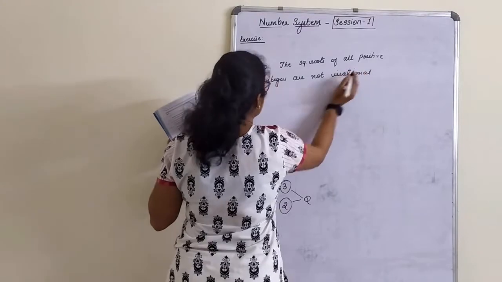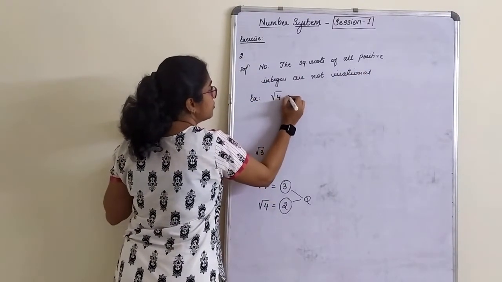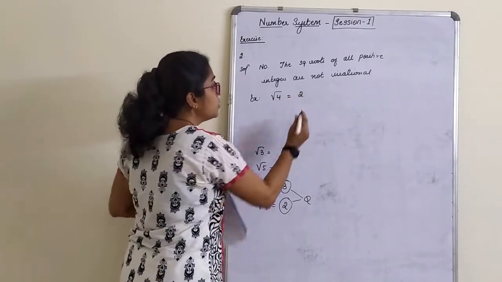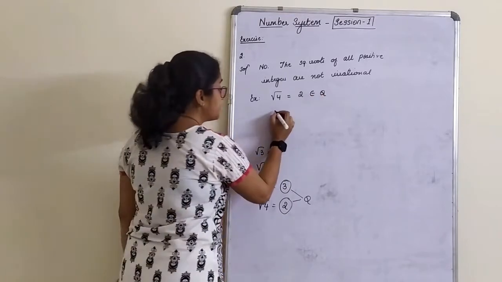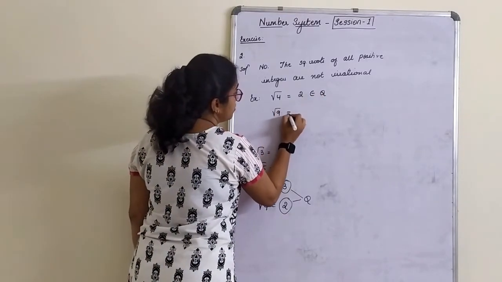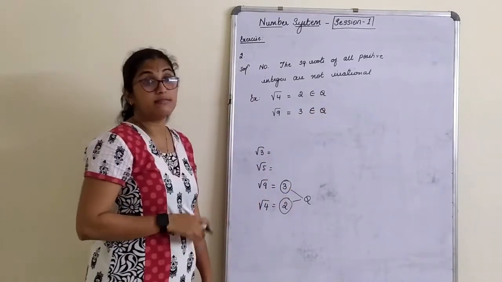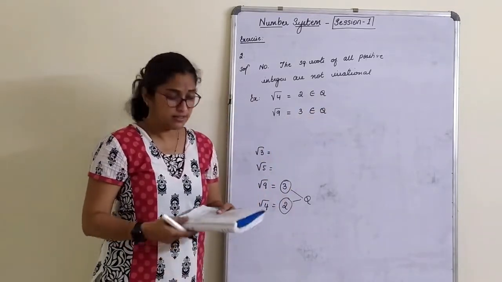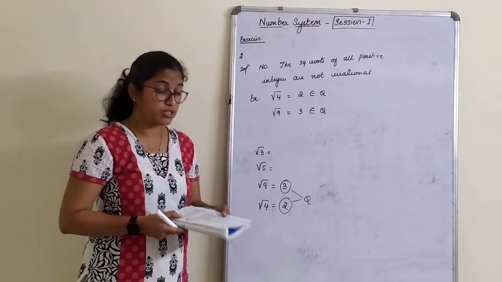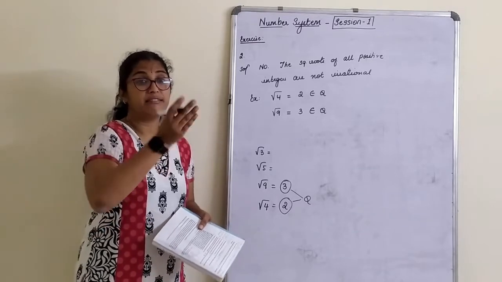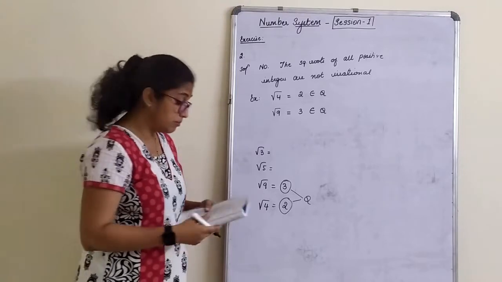They have asked with an example. Example, square root of a positive integer, root 4, the answer is 2, which belongs to Q. What is Q? Rational numbers. Square root of 9, that is nothing but 3, that belongs to Q. That is a rational number. That's all the answer is, right? These are all 1 mark MCQ or fill in the blanks type of questions, whatever we have done till now. Finding rational numbers between this and this can be asked for 2 marks or 3 marks.